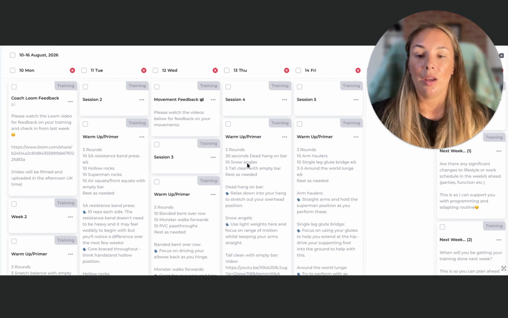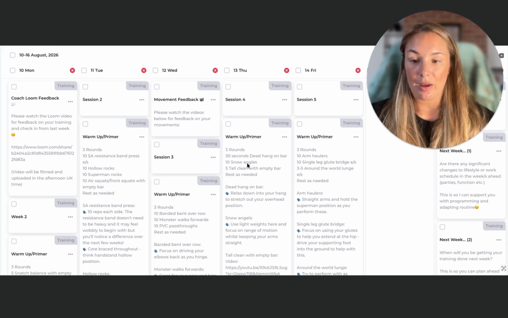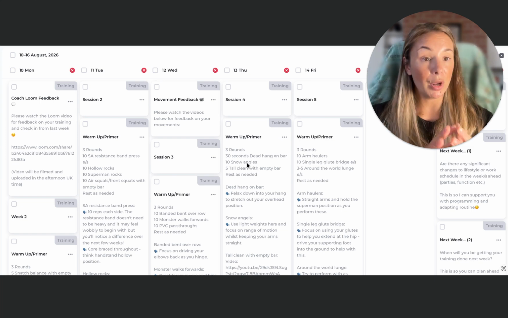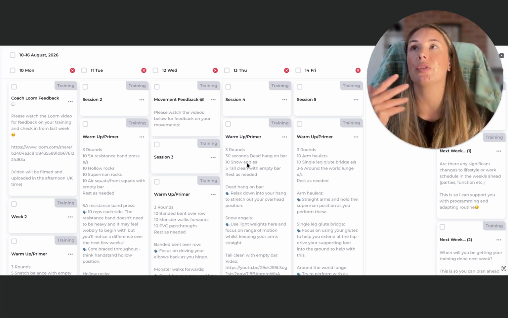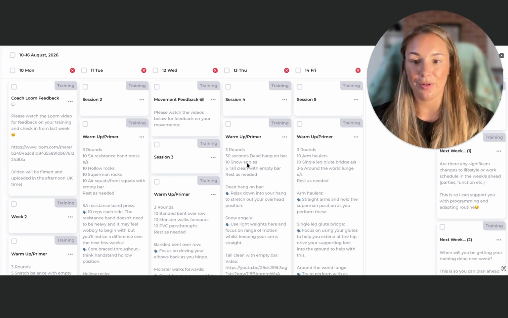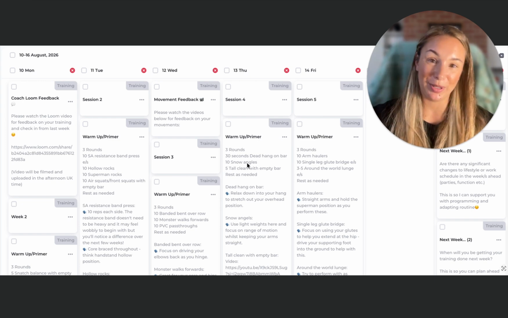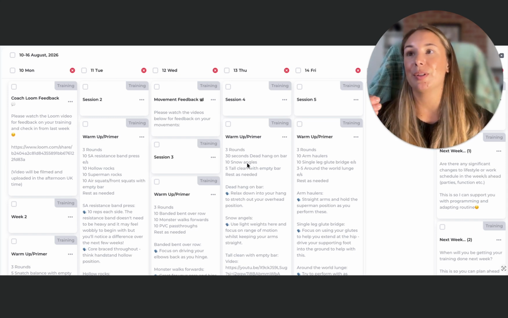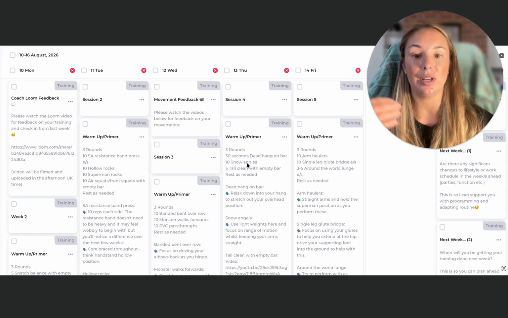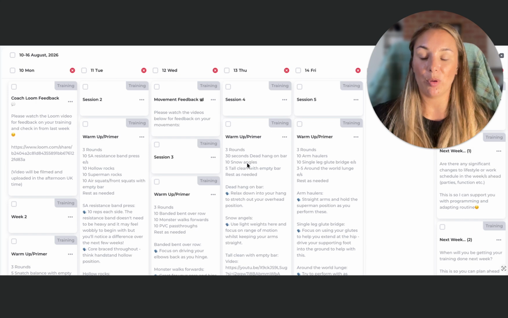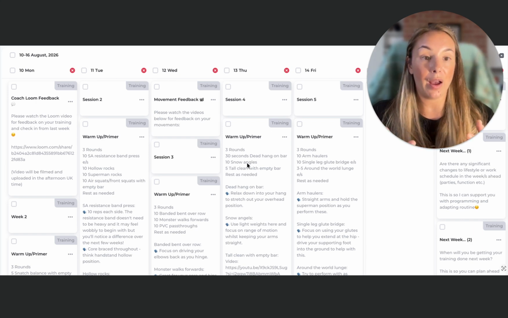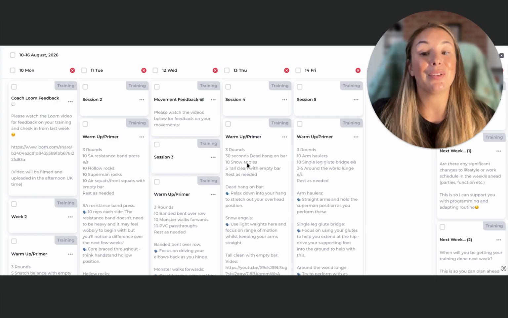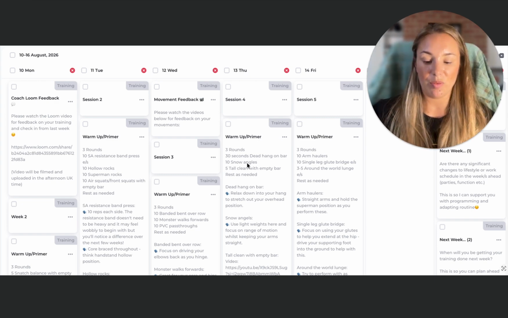So my coaching and programming revolves around strength and skill. Being able to move well is important to this, because then it helps us to keep building strength and learn new skills. It also enables us to keep doing this without having any injuries. So I always make sure we have a warm-up or primer, and we have different types of movements in those warm-ups and primers.